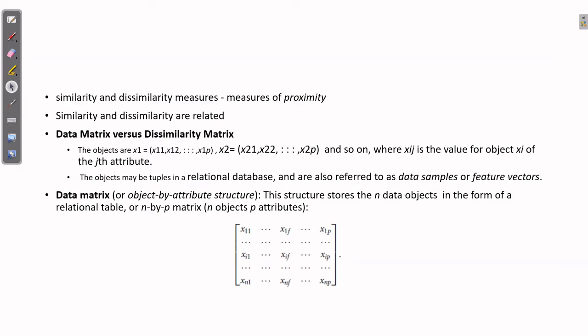If you talk about the range of values for similarity, if it is between 0 and 1, and you are saying the similarity between two objects is 1, which means very similar or exactly similar, then the dissimilarity will be 0. So you can say that similarity and dissimilarity are related this way: similarity is equal to 1 minus dissimilarity. They are actually the same thing, but in a different way.